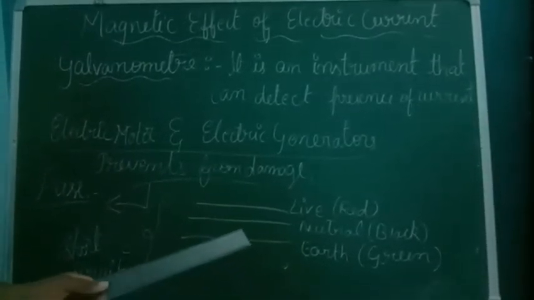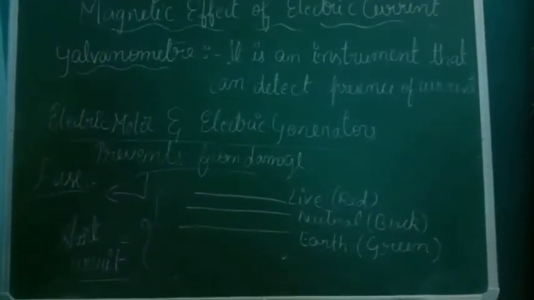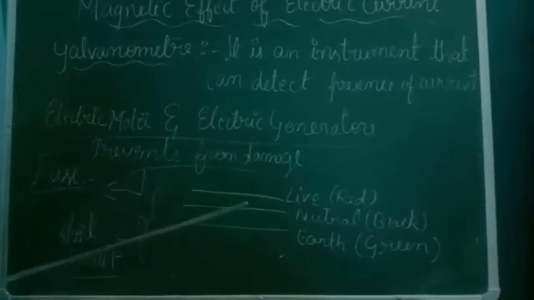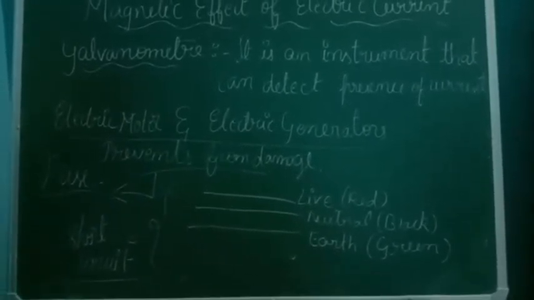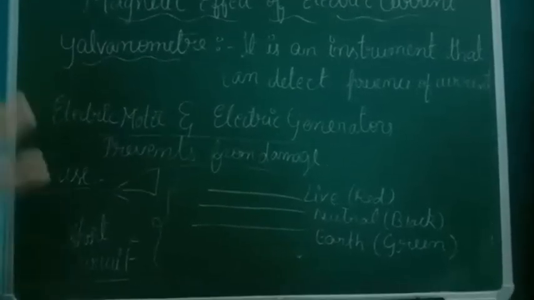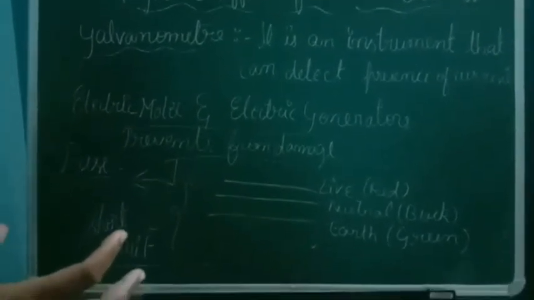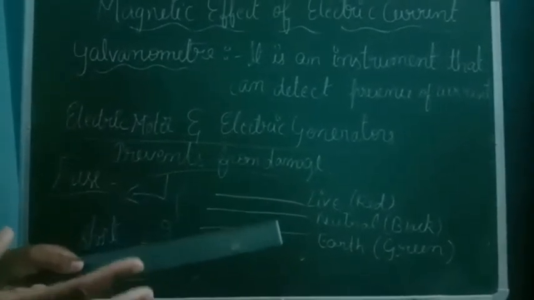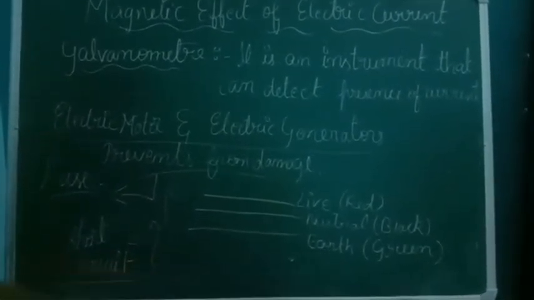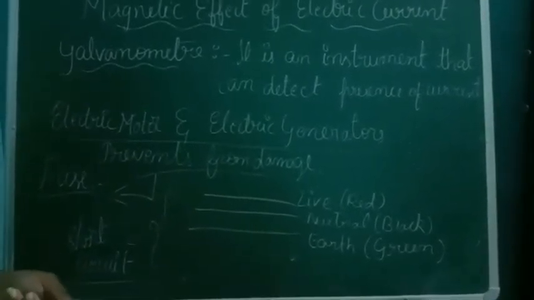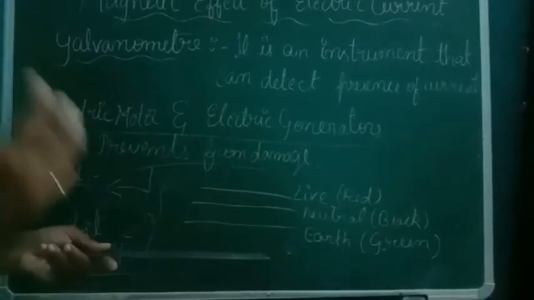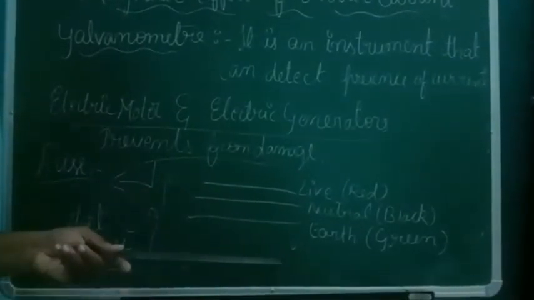So what is the use of this earth wire? The earth wire is specially provided for the home as earthing. Have you heard that people do earthing? So why is earthing done? Earthing is done to protect whatever electrical appliances your home has. Those appliances will be protected by this earth wire. So how does it protect? For that you have an answer: this earth wire is directly connected to the underground.